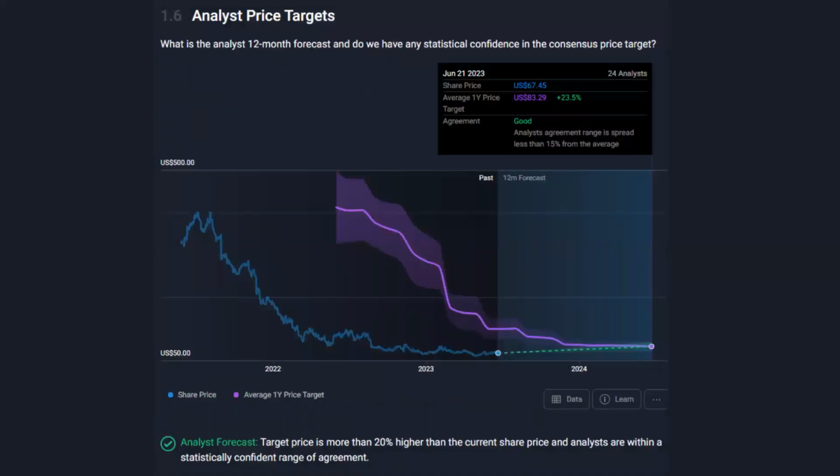You can also see here the analyst price targets. Analysts actually have the average one-year price target at $83.29, which is about a 23.5% upside from here, being that the current share price is at 67.45. So the target price is more than 20% higher than the current share price, and analysts are within a statistically